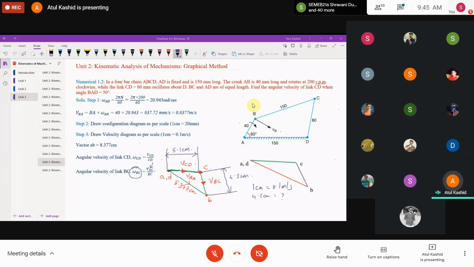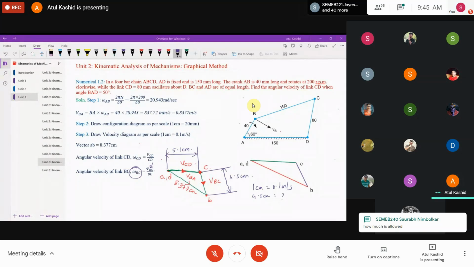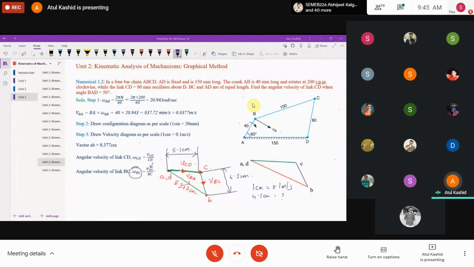Yeah, approximation is allowed. So that's what I told you, that nobody is going to get the same answer, right? There will be some difference in the answer. There will be some error, right? Approximation is allowed. No problem with that. How much is allowed? I cannot say in that way, but some amount of deviation should be there. Not much deviation, but some amount of deviation will be there.